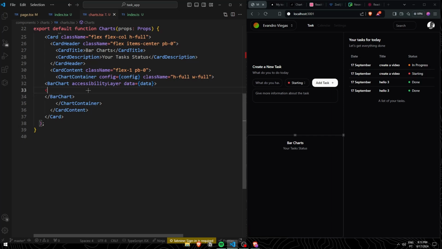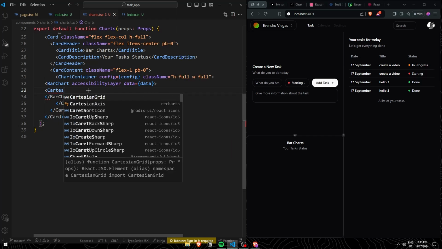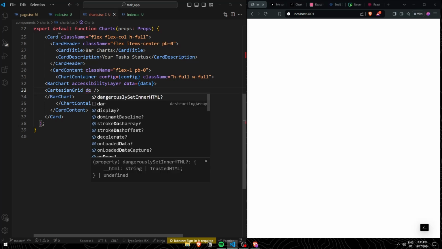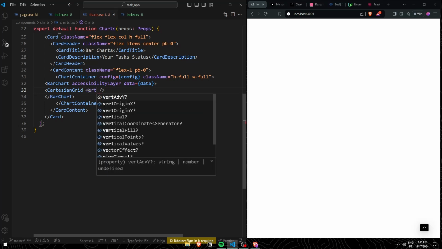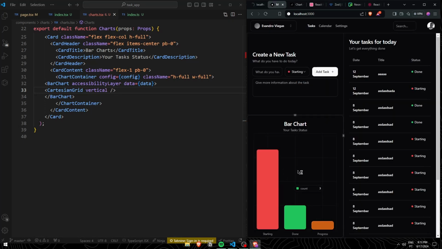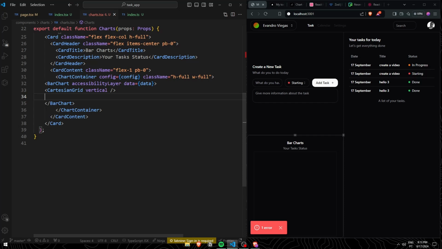One of the things is the Cartesian grid, and then press prop name vertical. There we go. This is for this little grid that you see here, so we are doing this on our app. So now you see the grid, and